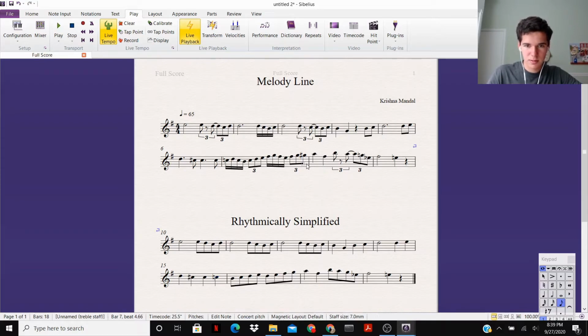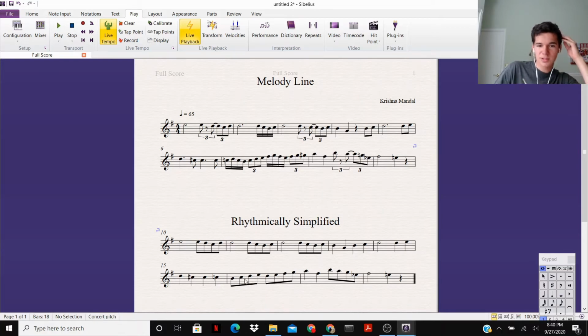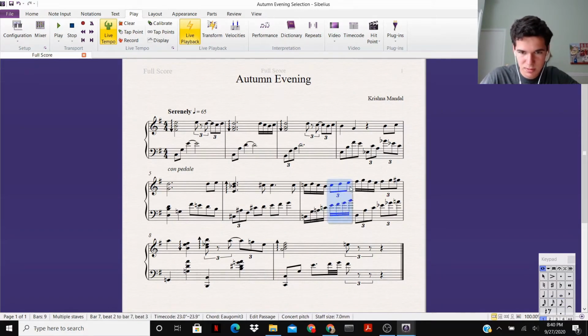And then this measure is kind of crazy. Seems like for no reason. As you can see, all I'm really doing is going up the scale. But it's far more interesting to go up the scale in like a wave, like a sine wave, as opposed to just 2 straight lines. And again, I use rhythmic variation to kind of obscure the feeling of it. In some cases, the triplets and the 16ths are next to each other, and that creates, again, an uneven sense of where the actual beat is. Just something that I love, atmospheric.